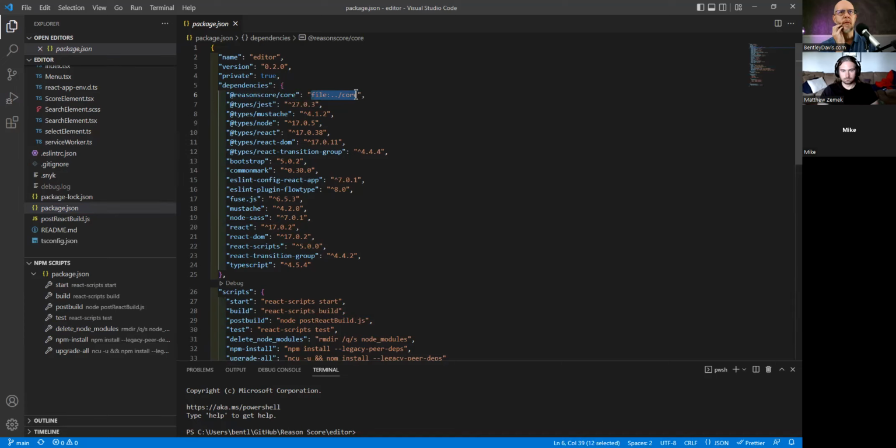So when you're building this, you need to make sure that Reason Score core is in a peer folder to the one you have this in, so that it can find and access it. It's still under such high development that posting it and using it as an npm package